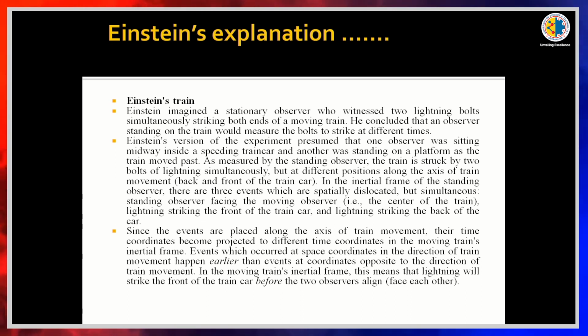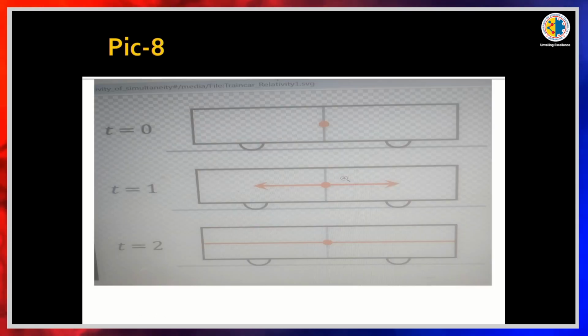Events which occur at space coordinates in the direction of train movement happen earlier than events at coordinates opposite to the direction of train movement. In the moving train's inertial frame, this means that lightning will strike the front of the train car before the two observers align. It is the picture when time t is equal to 0,